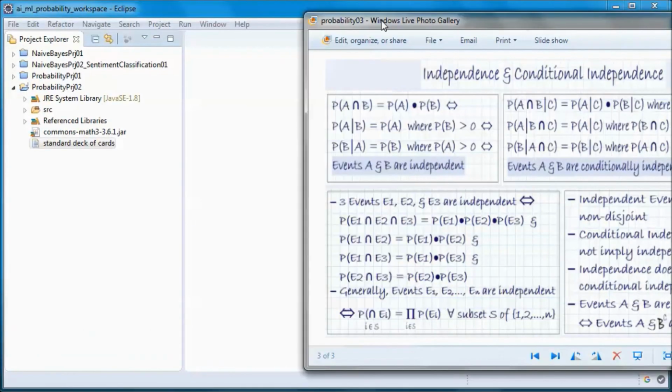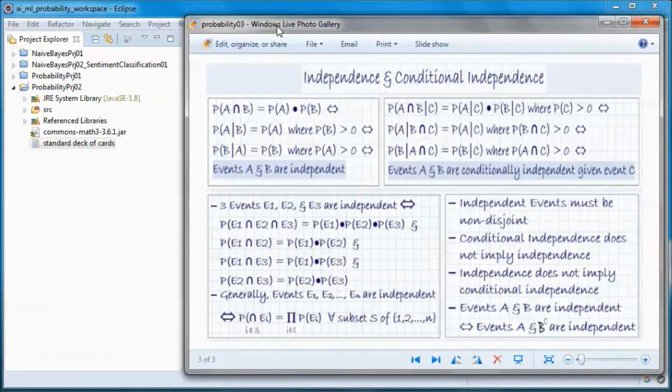Now before doing the code, let's go over independence and conditional independence. So events A and B are independent if multiplying their probabilities, so probability of A multiplied by probability of B, is equal to the probability of their intersection.